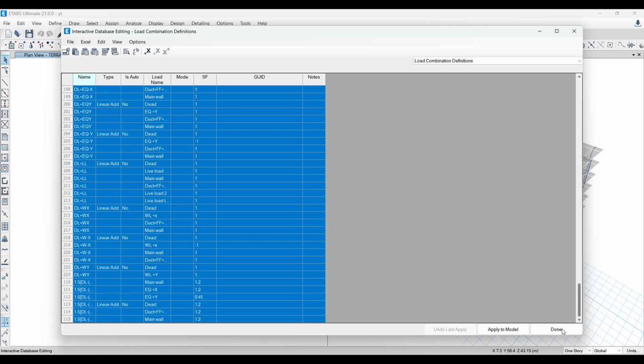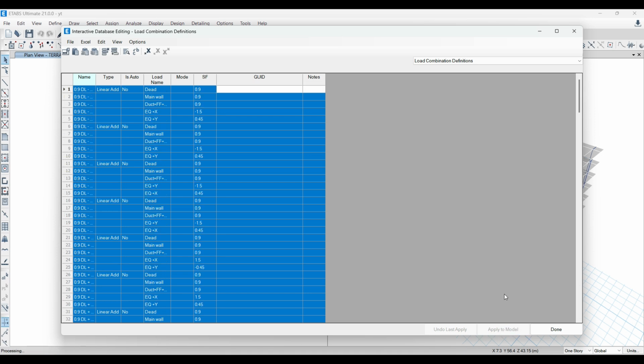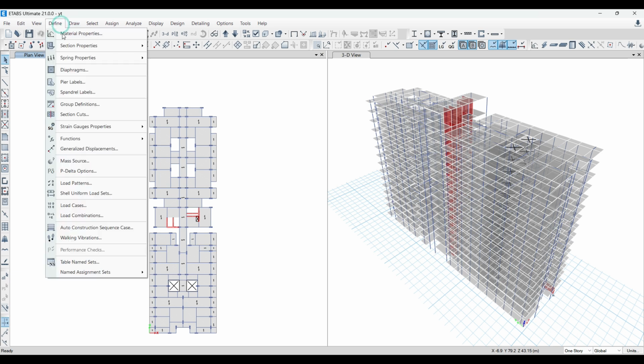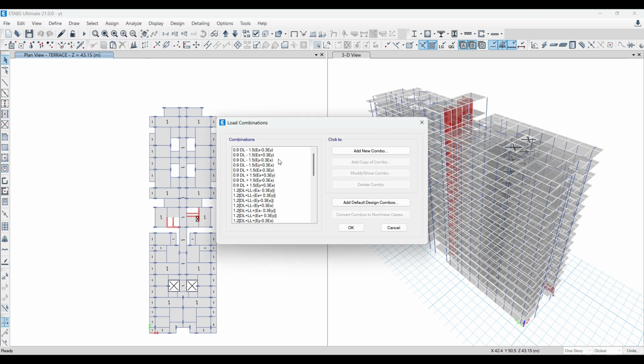Okay, so once that is done, you can click to Apply to Model, and once that is done, you can click on Done. Okay, now when I come for Define and go for load combinations, you can see all my load combinations are here. All right, now if you want to delete something, you don't like something, just go ahead and delete this,